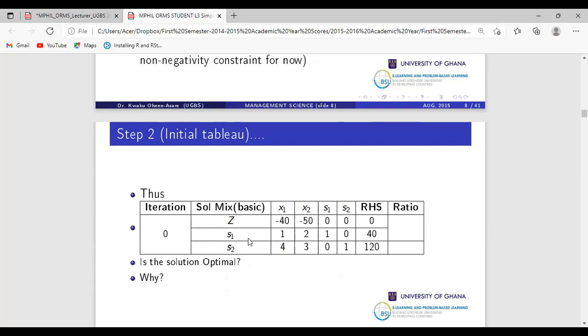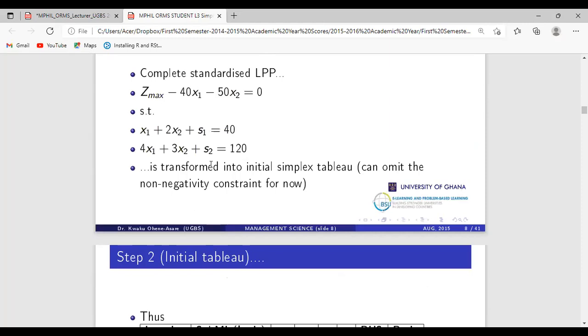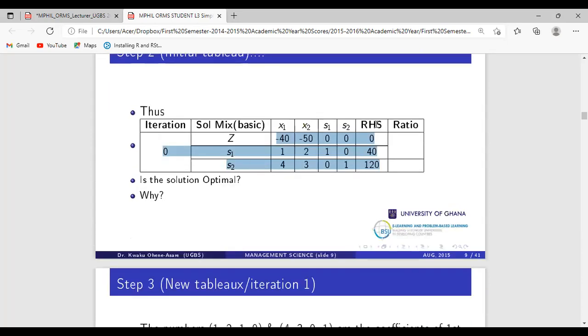Now, when we did this table on our Excel sheet, we realized that this is the basic information that was actually given to us per the LP problem or the standardized problem that we had. So this right-hand side here always gives us the feasible solution